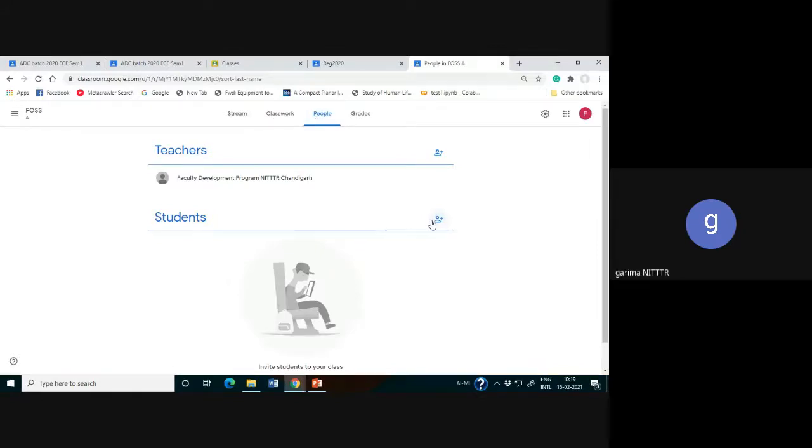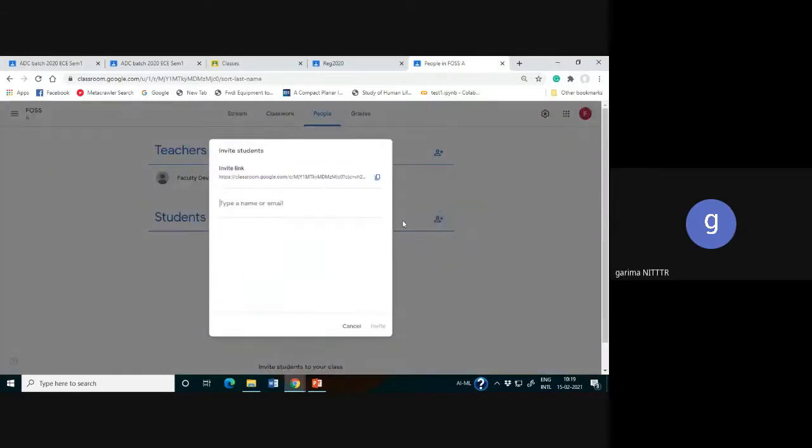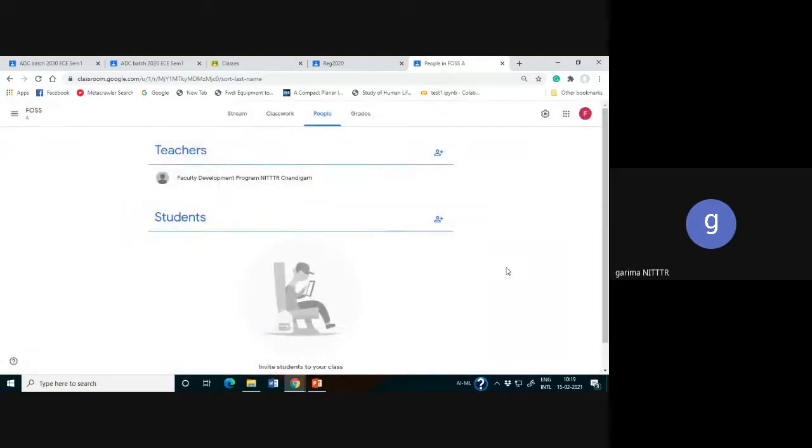I'll type or attach the emails, and then I'll invite them, and the invitation will be sent to that particular student list. I will provide the email IDs here. So I'll send you an invite to this class, because for 5 days you are going to attend the assignments and everything through this Google Classroom itself. So, move forward.